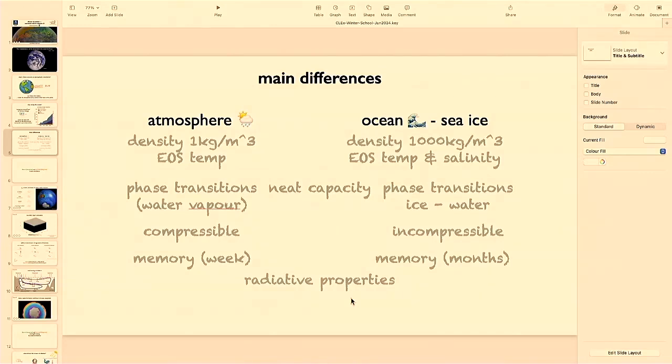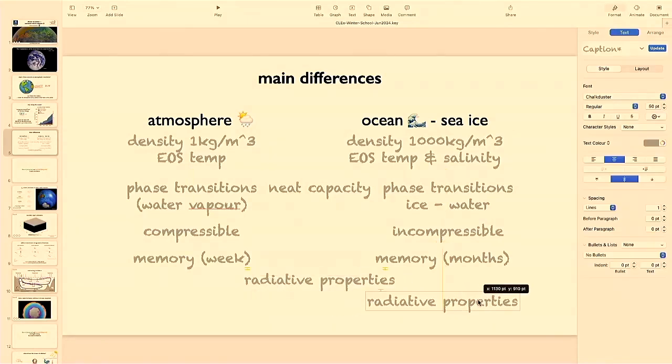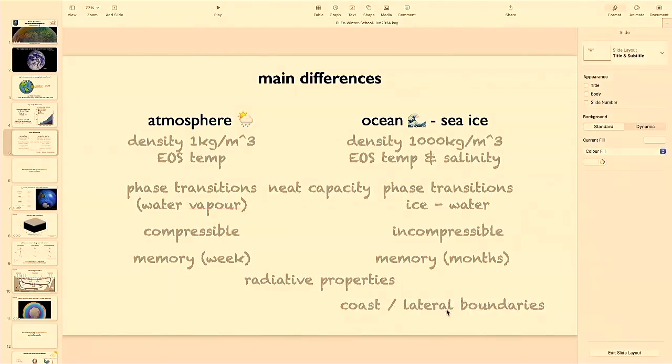Yeah, all right, go. Different depths, I don't know how much topography affects each of them. Well, I think the topography is a little bit more. I was thinking of the topography. It's like the ocean has boundaries, lateral boundaries, where the atmosphere doesn't. All right. So, coast, let's say coast, or lateral boundaries. Yes, they also have different depths, but if you think about it in the more abstract fluid dynamics way, they don't.